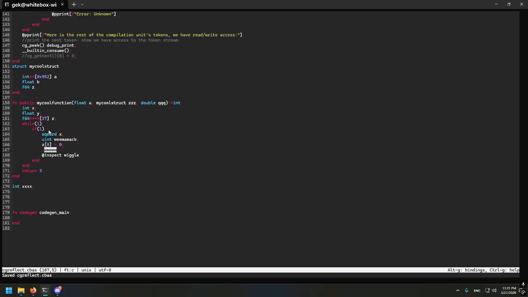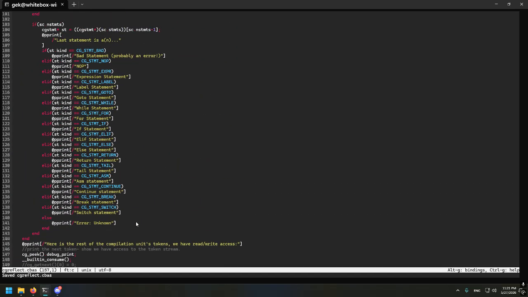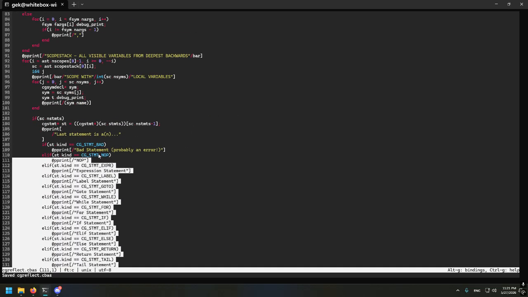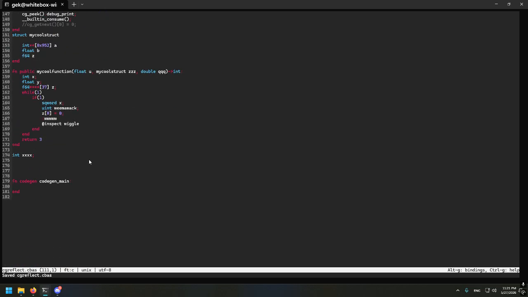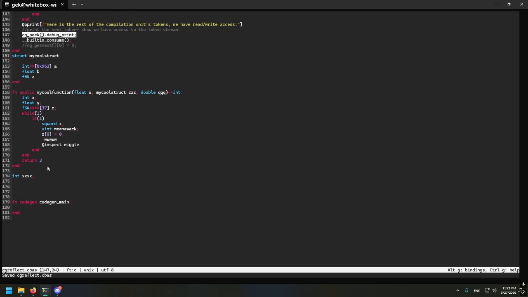We're able to see this if, while, these variables. We're even able to see the return value and the secret variable, which holds the return value. We're able to look at information about the statements that are in the scopes, and then we're able to access the entire compilation unit after this point. We're able to see these